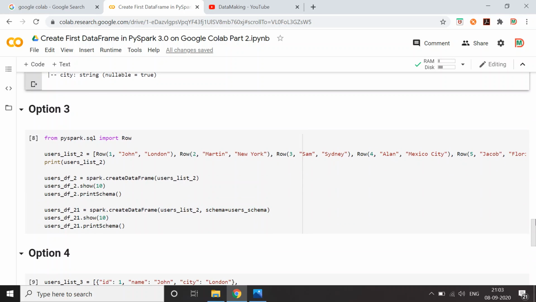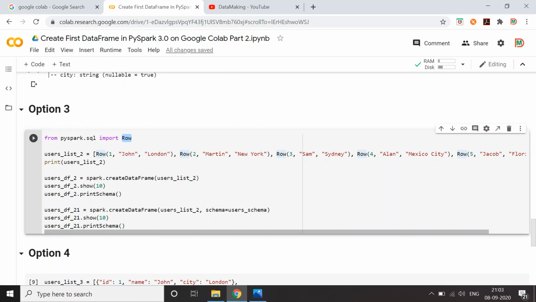Now the third option to create a data frame is using a Row object. Instead of Python tuples, you can create a list of Row objects.